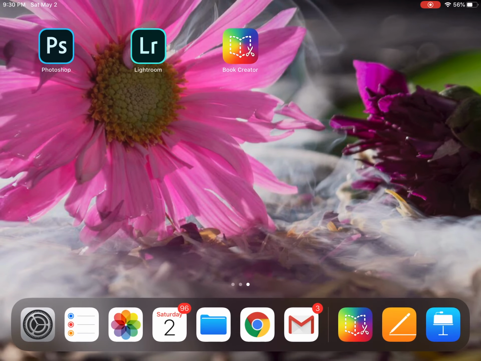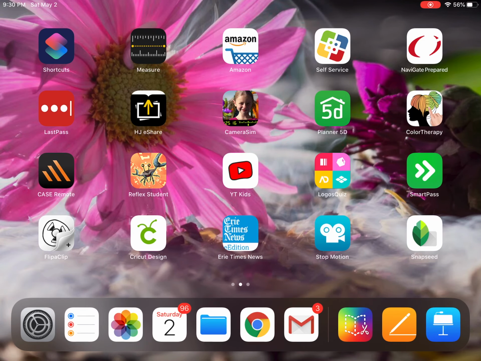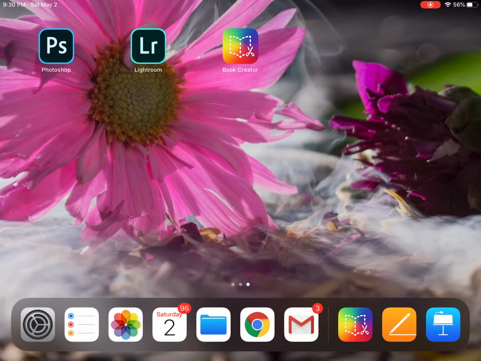Okay, so those are the two options. I'm sure there might be more. If you look in your self-serve store, there might be more book makers, but these are the two that I know about. So that's just Pages and Book Creator. Both pretty simple, but allow you to do some things. I think that Pages gives you a bit more to work with, and it's a little higher quality, kind of like high school level. I think the Book Creator one is a little elementary. Although I do think if you worked with it a bit, you could make it look really nice and professional. So those are your two options for that. So have fun if you choose option number 2 for a